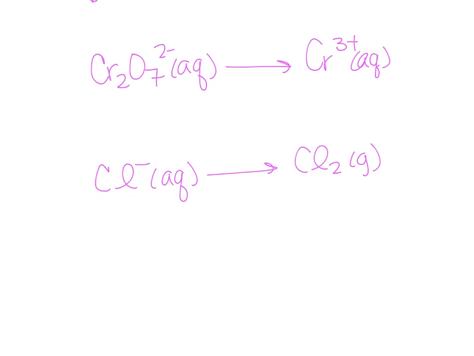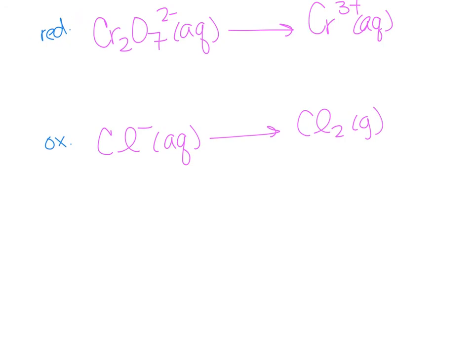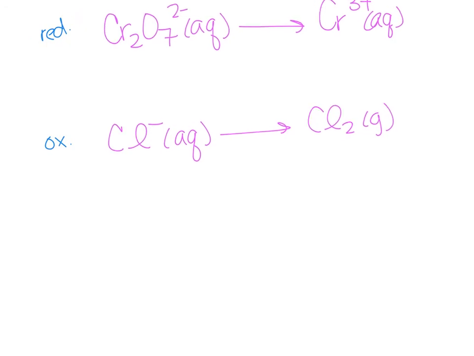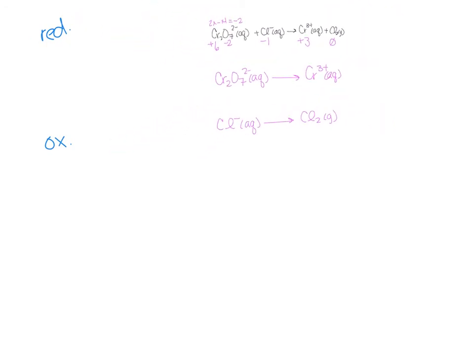Which one is being oxidized and which one's being reduced? Chlorine is the oxidized. And you can use this from it. So this is my ox and this is my red. Or redox. Look at that. So if I were to look at it like this,